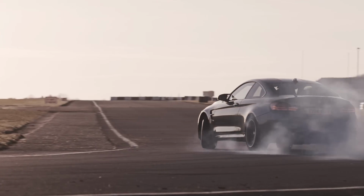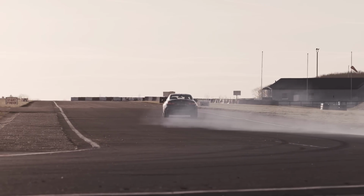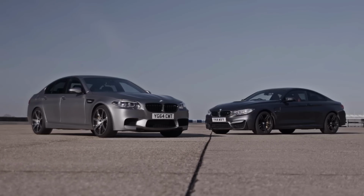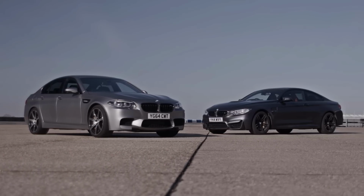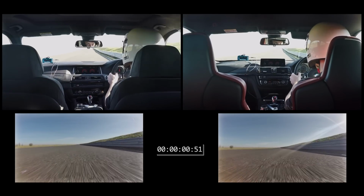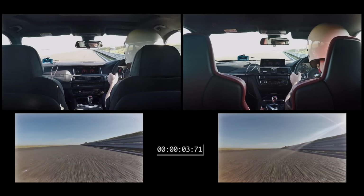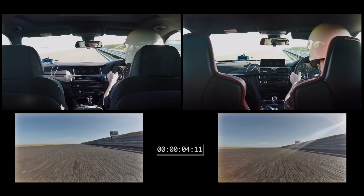But can the M4 overcome its 170 bhp power deficit to set a quicker lap time? This is power and brute force versus lightweight and agility. With the M5 on the left and the M4 on the right, we're across the line. The more powerful M5 hits 130 miles per hour at the end of the straight compared to 126 miles an hour for the M4. The M5 reaches the brake board ahead of the M4,